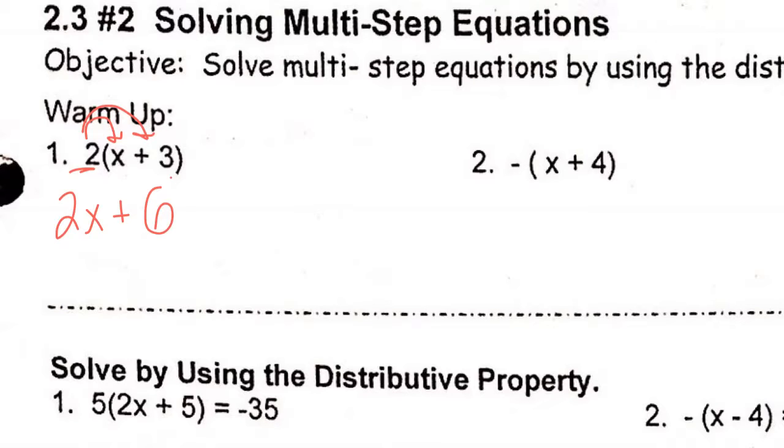So I have 2x plus 6. Now, I can't simplify anymore because they are not like terms. 2x has a variable, which is x. 6 is just a constant or a number, so those two cannot be combined. If we look over here at number 2,